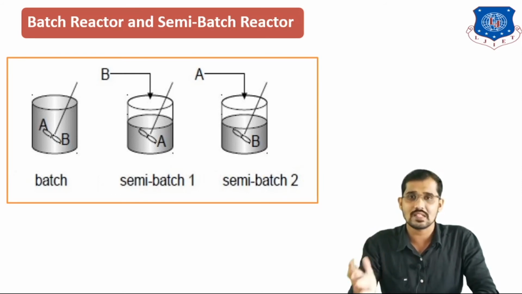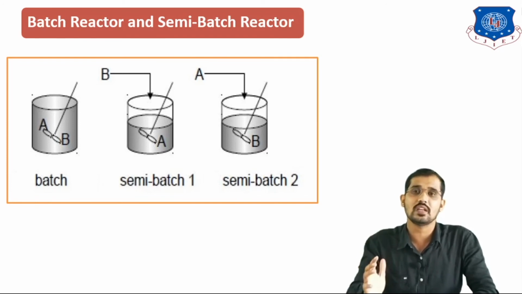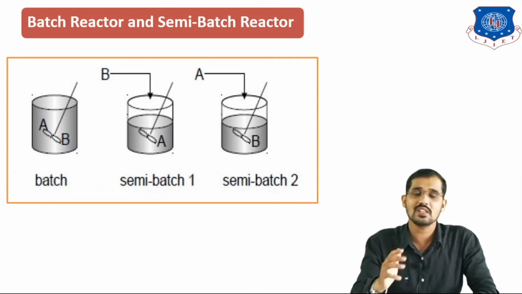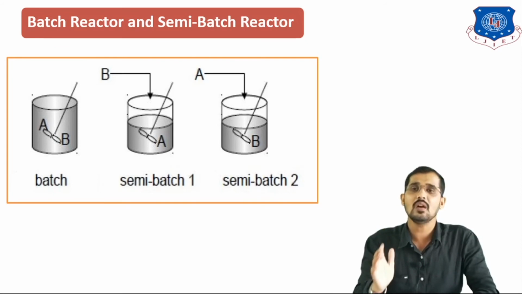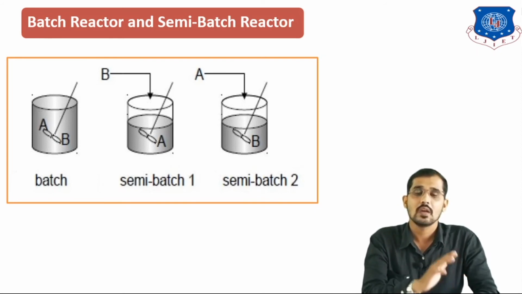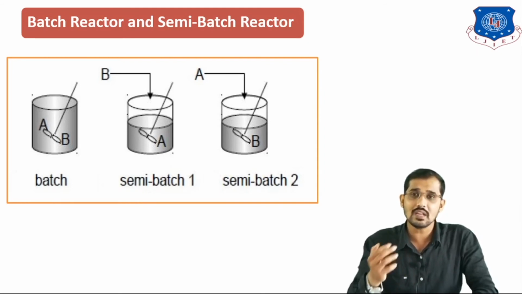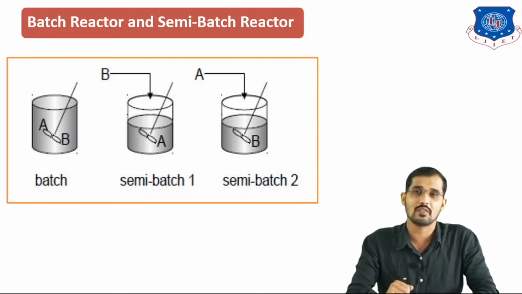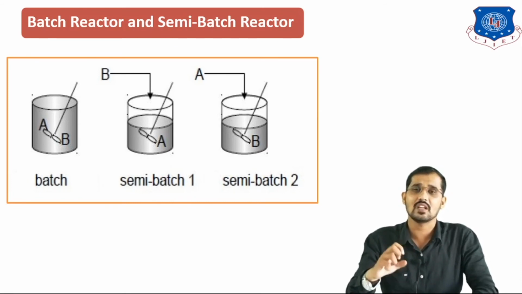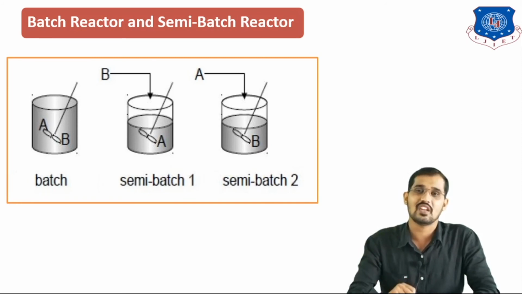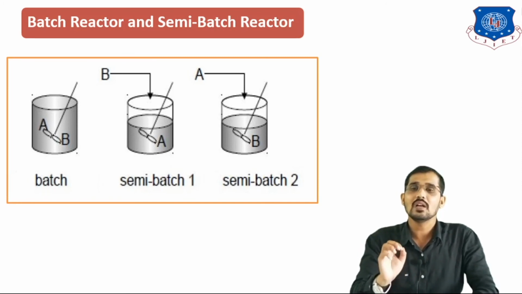What we have seen in this lecture is batch reactor and semi-batch reactor, and some important points related to them. In a batch reactor, we cannot put in or extract anything during the reaction, but in a semi-batch reactor, we can put in reactants as per our requirement, meaning we can continuously feed reactants, or we can extract a specific amount of product, which may be an intermediate product, during the reaction. So this is the beauty of the semi-batch reactor.